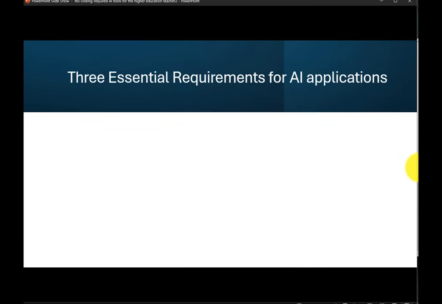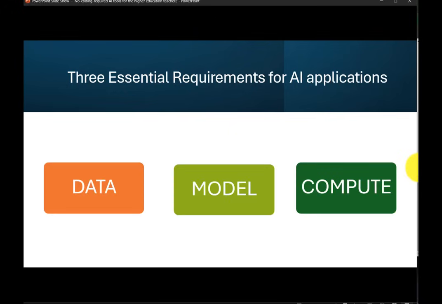Now there are three essential requirements for AI applications. The first is data. Data is king. This includes text, images, audio, and video. To do anything in AI, the data must come first. The next is the model. This is like the brain that does all the work. We'll talk more about the model shortly. The third is